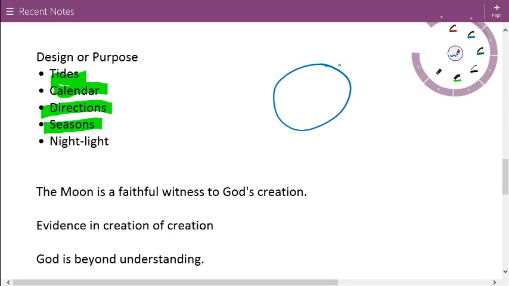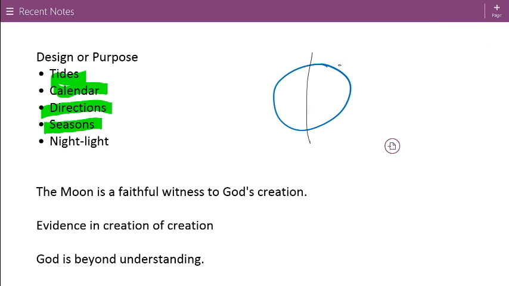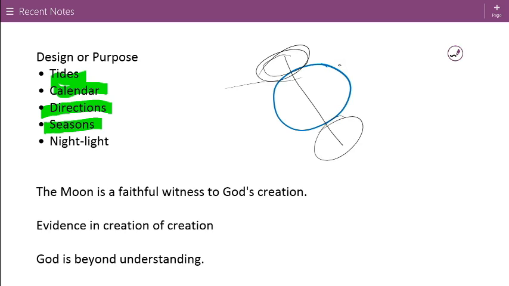Here's the Earth, and remember the axis isn't straight up and down, it is at an angle, and that is because of the moon. The angle doesn't change, but as the Earth gets more direct sunlight or less direct sunlight due to where it is in relation to the sun, that's where we get our seasons.